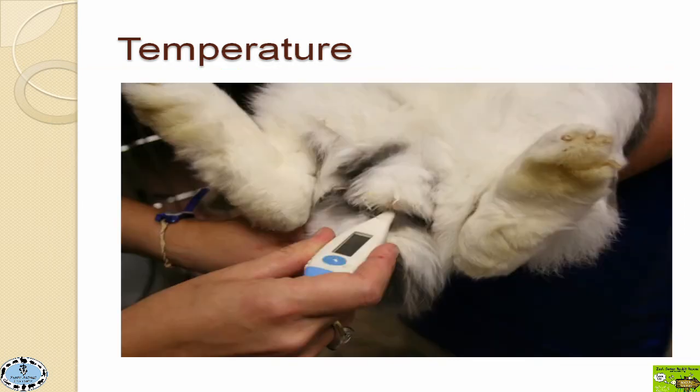So, and there we go. I'm just demonstrating, if you look, between how long that is and how much I actually inserted it. Because if you insert just that little tip, you're going to get a lower temperature reading. You kind of want it to be...